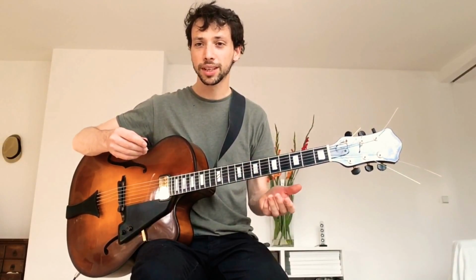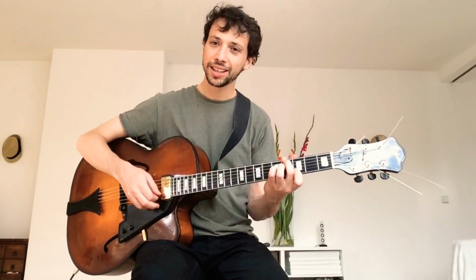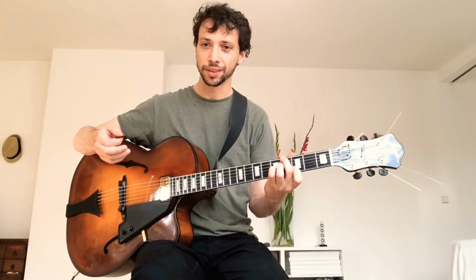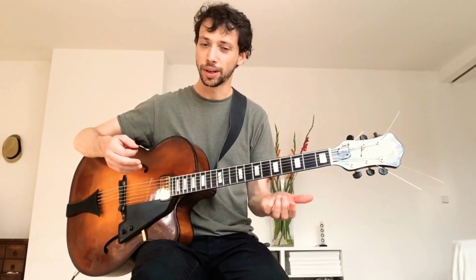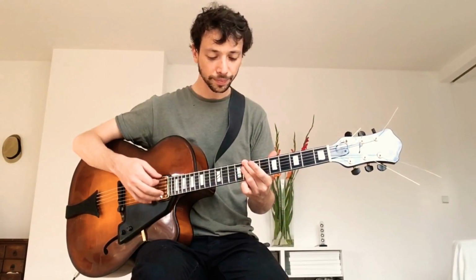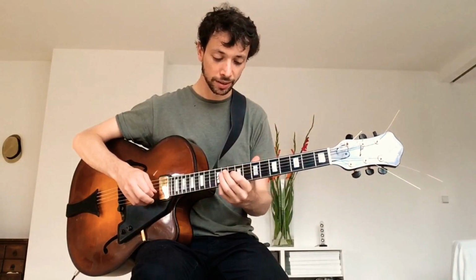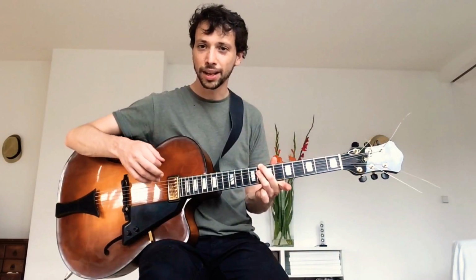Now he goes into a sequence of pretty fast moving chords, which kind of leads back to A flat 7. So think about this whole sequence as kind of like chromatic chords leading up to the 5, which is gonna bring us back to the 1 again. But I'll take you slowly through what he does. So he keeps this A flat up here, and then he plays a C minor,